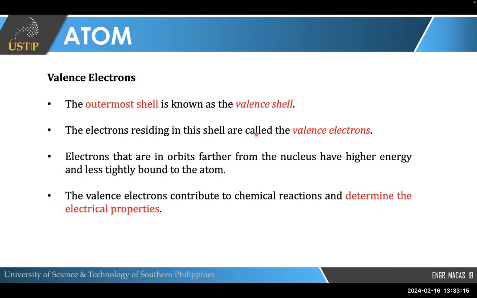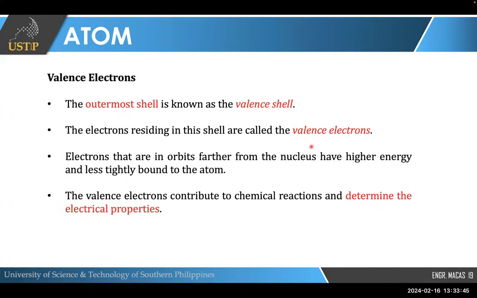What do we now call the electrons that reside in that shell? Come on, class. That's what you call the valence electrons. Okay? Valence electrons reside in the valence shell. So valence electrons are electrons that reside in the outermost shell. Okay? So this has a relationship with the previous concept that we have learned. These valence electrons, because they reside in the outermost shell which is the valence shell,